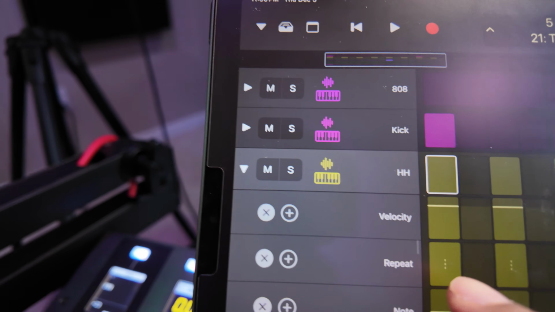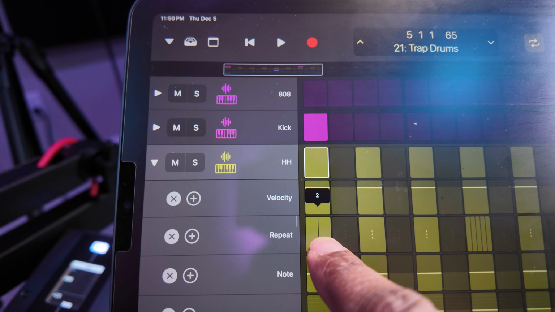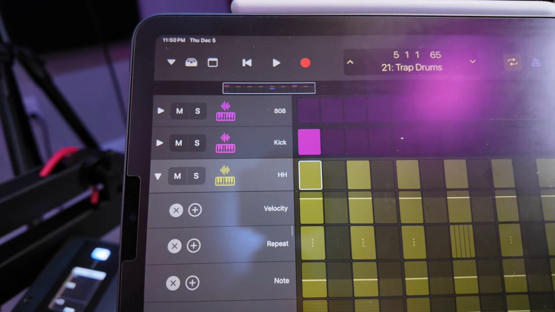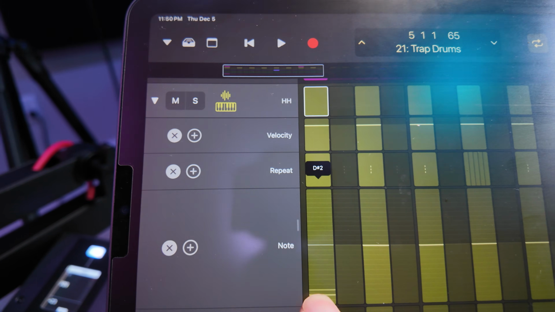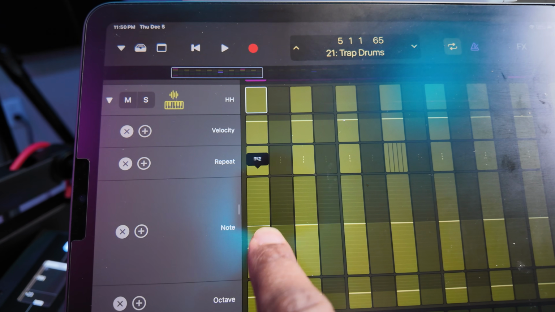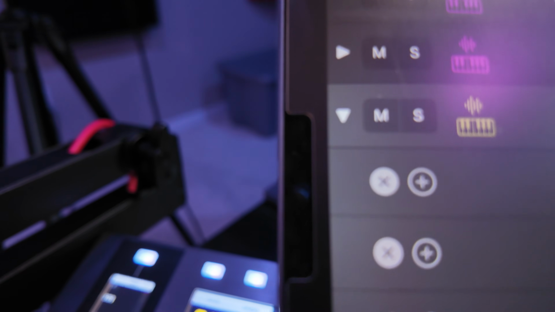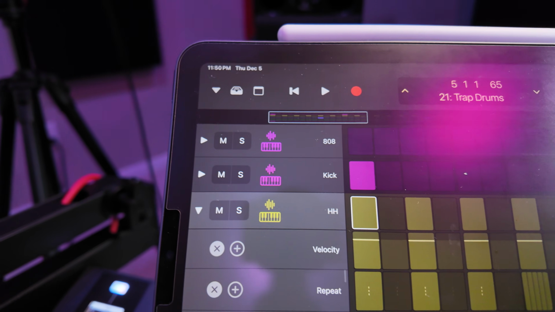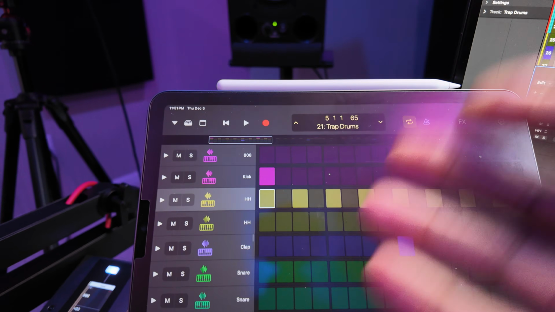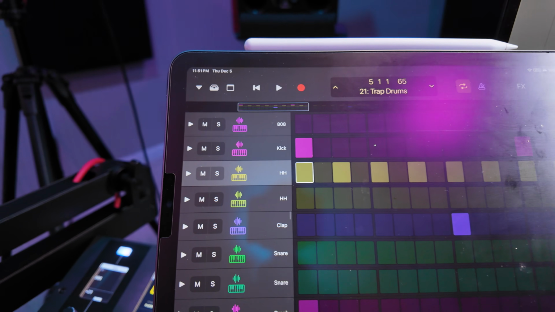So now if I want a note to repeat, I can literally just with my finger easily drag it up, and then if I hold it down, it expands so I can see it even further, which definitely helps with note. So you can literally fine tune each note. Let me get it back to the original one. Same with octave, velocity, all of that stuff. It's right here. So literally it turns this into almost like a little touch screen drum machine thing, but then you can also use it